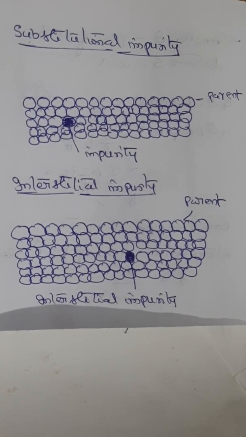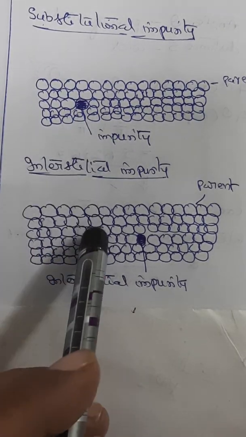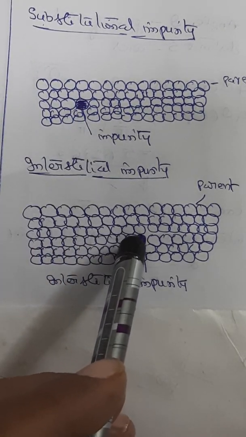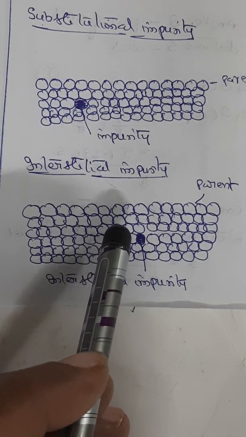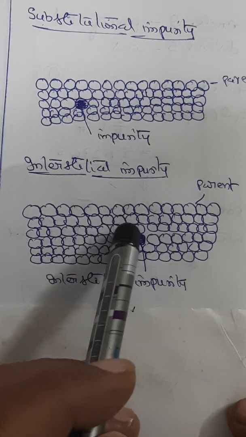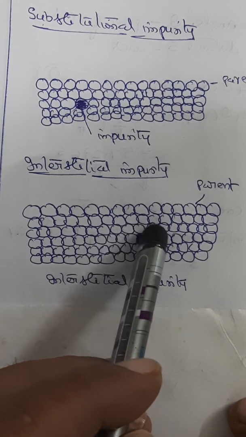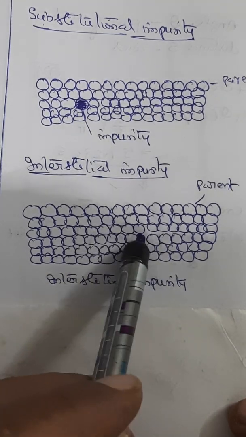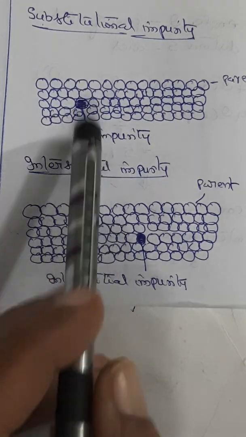The other impurity, if you take interstitial impurity, for example, it is quite the opposite. Whenever you are doing doping to this crystal, the doped atom or the impurity atom, whenever it tries to settle in the interstitial space between the parent atoms of the crystal, then it gives rise to the interstitial impurity effects. Carefully see the difference between these two.